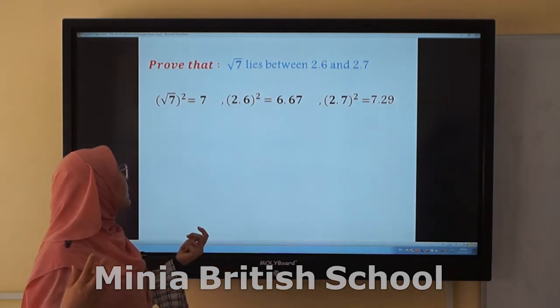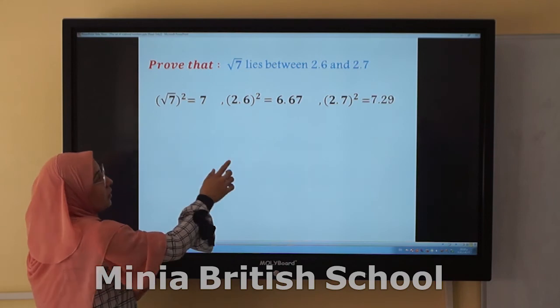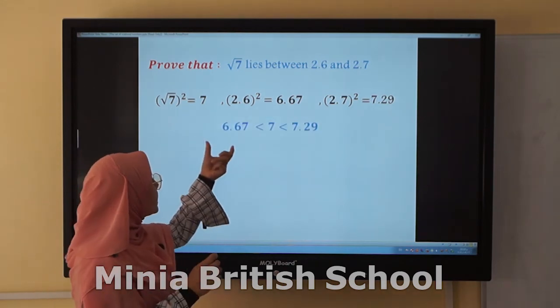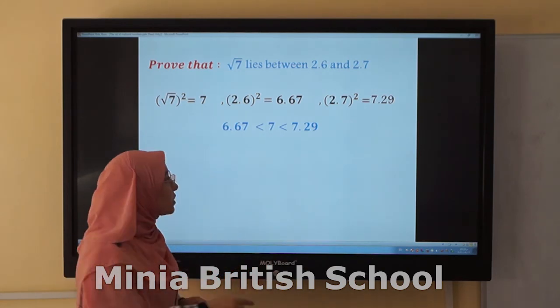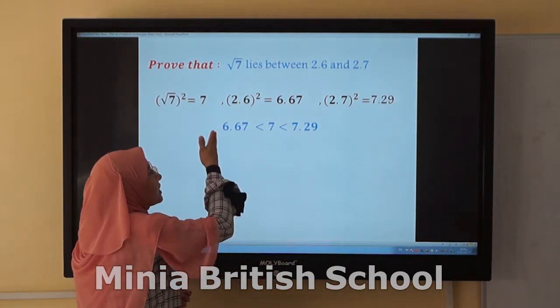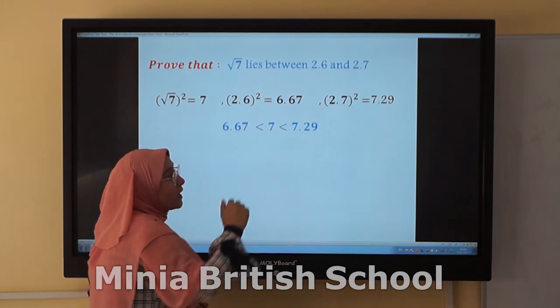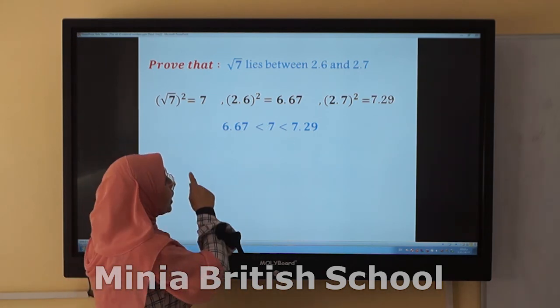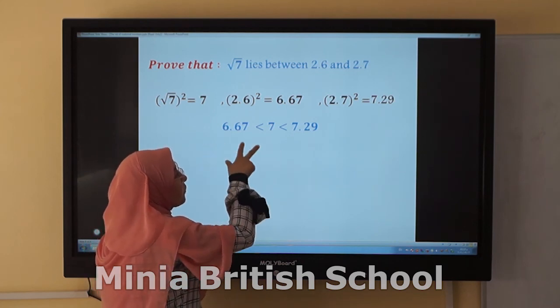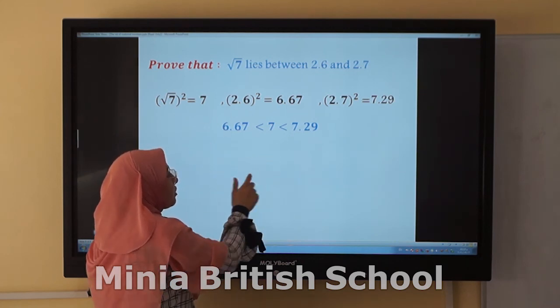Now we know something. 7 lies between 6.76 and 7.29. So 7 is greater than 6.76 and less than 7.29. By taking the square root for all sides here, we get